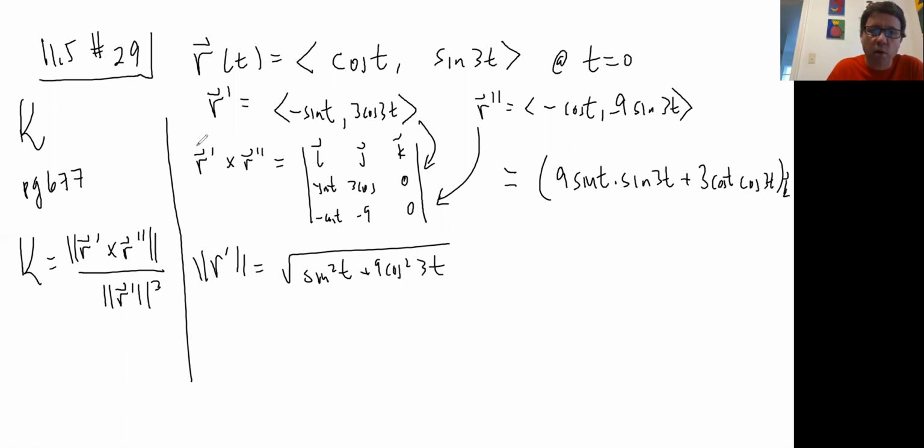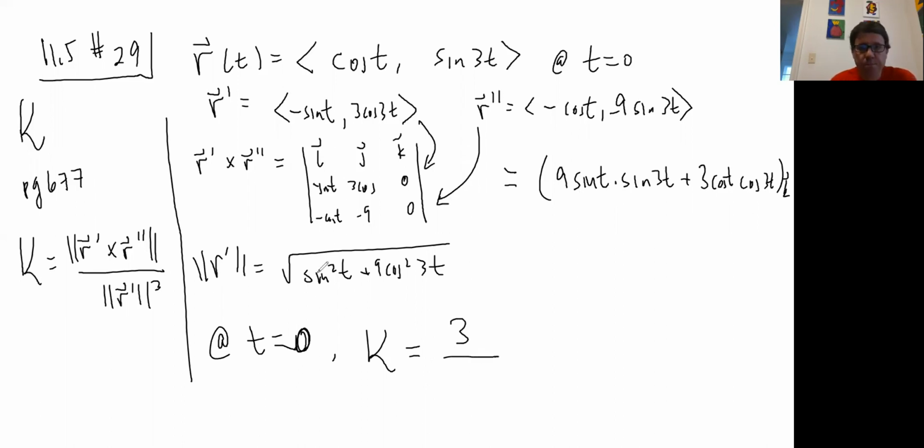And so then we take the length of r double prime cross r prime divided by the length of r prime, and then at t equals 0. We're not filling in quite all the details here. Plug in 0 for the cross product, and the first part drops out because it will be sines of 0. The second part will be 3. So we get 3 on the top. And then on the bottom, we plug in 0, we'll get 0 plus 9. Take the square root, that's 3, but then the 3 gets cubed. So the formula says you cube the answer for that. So I'll get 1/9 is the curvature,